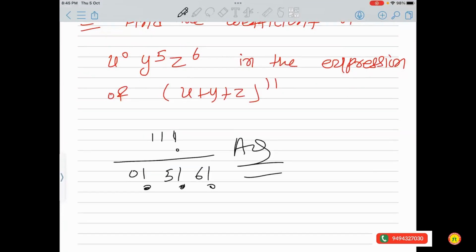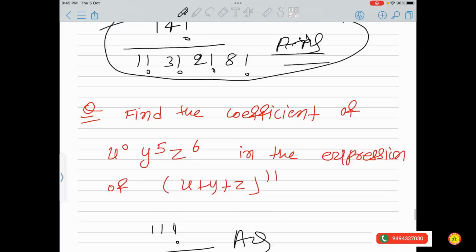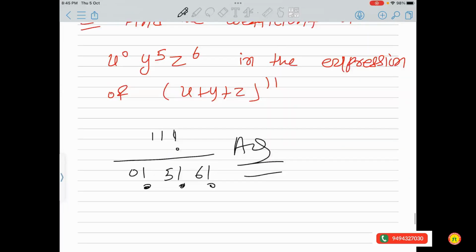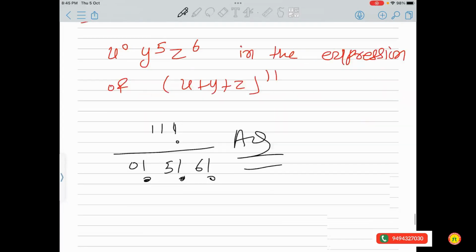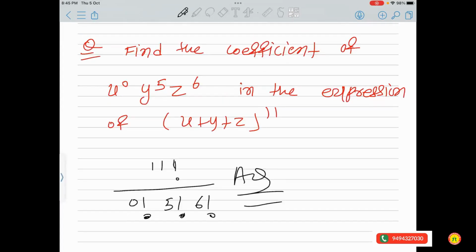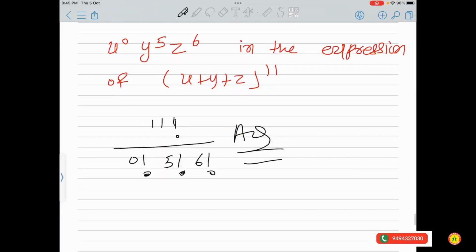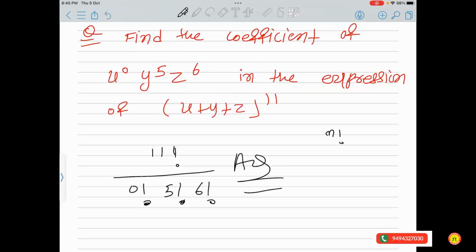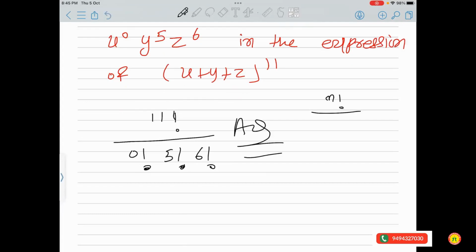So I am telling, last class teaching by multinomial theorem. Question is: find the coefficient of x power 0, y power 5, z power 6 in the expansion of (x plus y plus z) power 11. So directly we can say the answer is 11 factorial upon 0 factorial, 5 factorial and 6 factorial. If asking the question is like